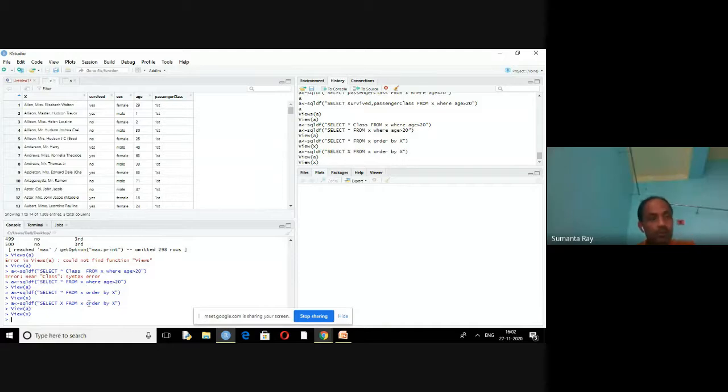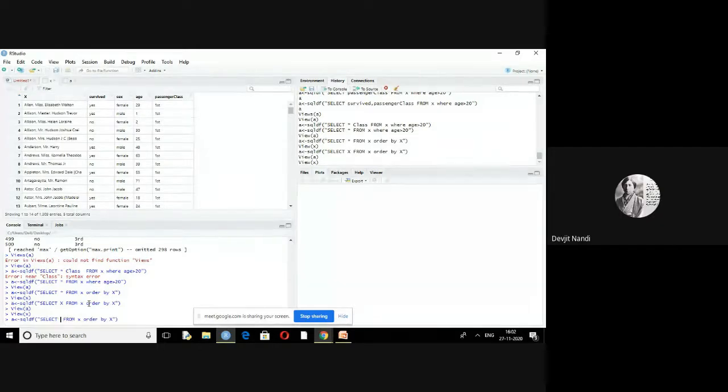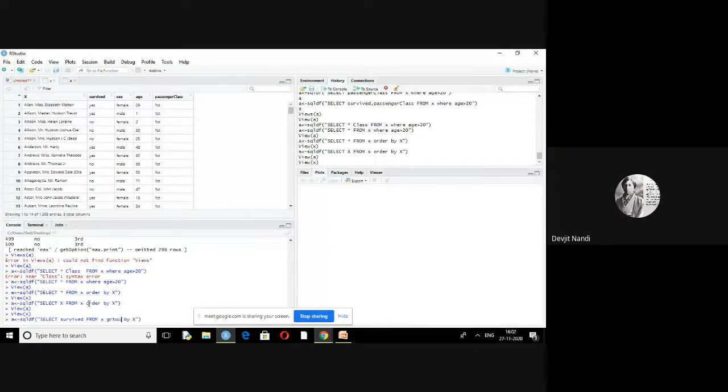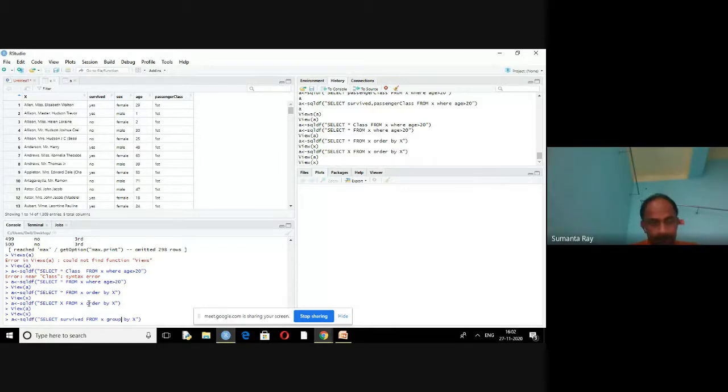If you want to group this, you write a particular command, that is select survived from X group by survived.